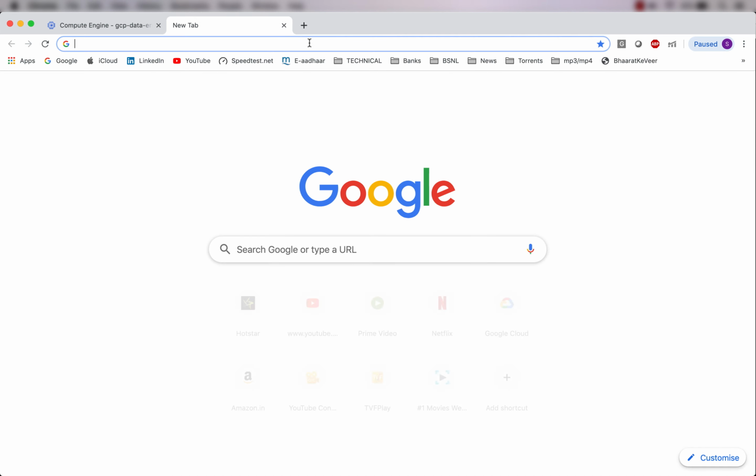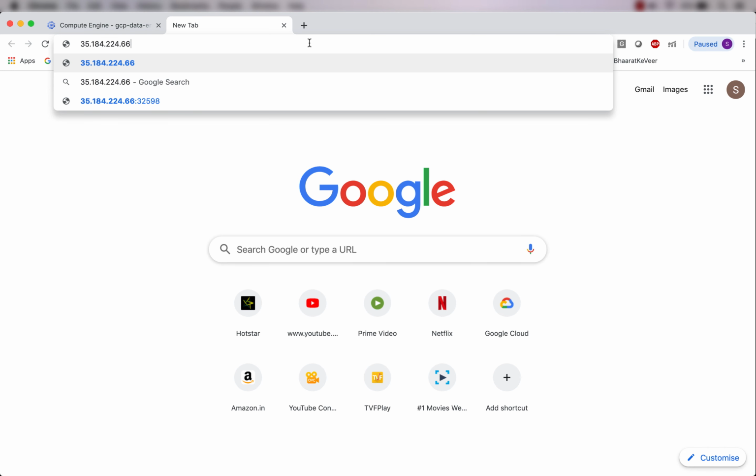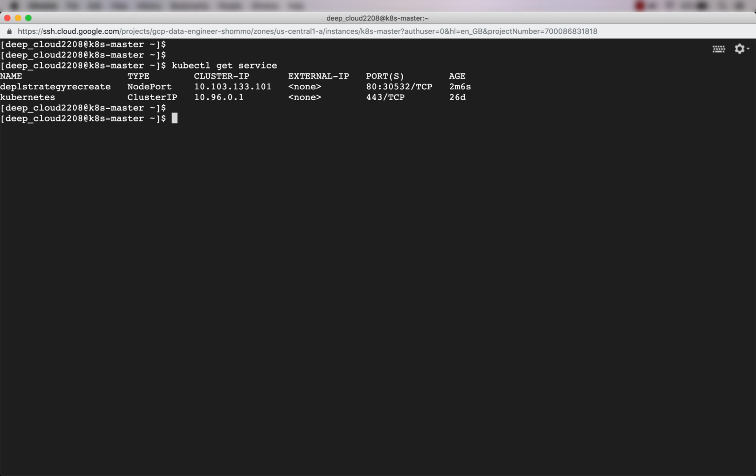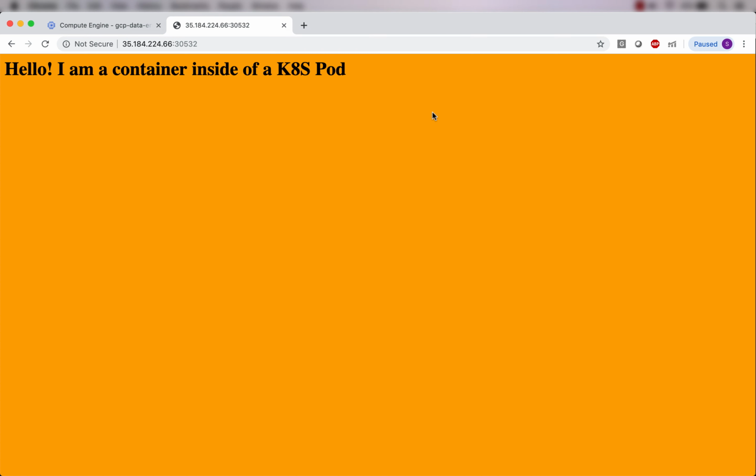Now, to run the application, of course, we have to mention the IP address, and there should be some port. Now, which port should I mention? To get the port, use the kubectl get service command again and find this ports column, and from here you should take the second port, which is 30532. Again, don't worry about it because we'll be discussing it later on. But right now what we're trying to do is see the current application, so that when you make changes and do the upgrade using deployment, we should be able to see the changes using a browser also. So the port number that you should take is 30532, and mention that here, and this is the container that is being run.